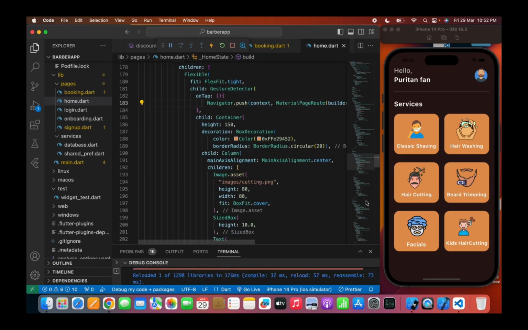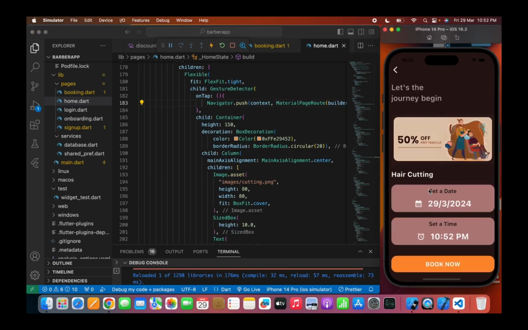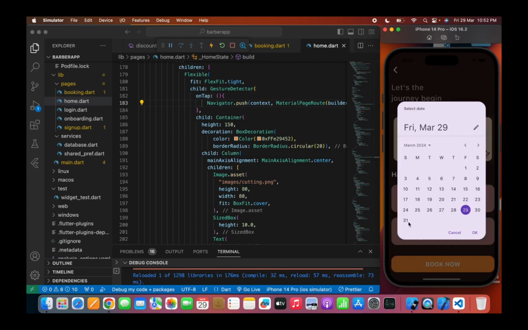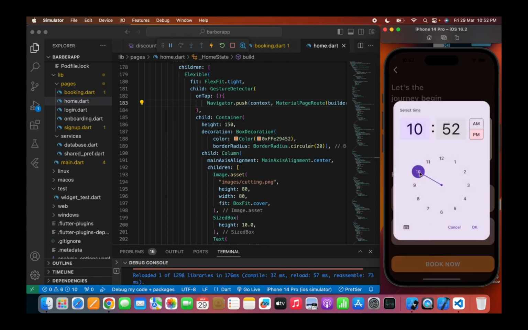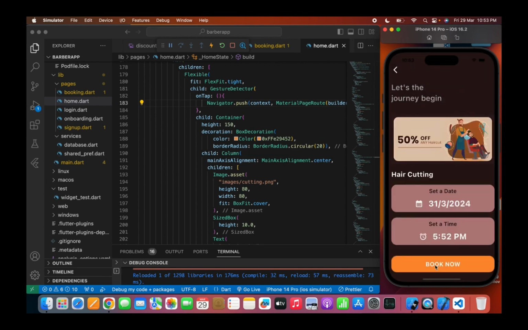So I want to book the service for the respective barber. I will click on the hair cutting service, and here you can see the hair cutting. I will book for the 31st March and set a time of 5 p.m. Now click on OK. So I will tap the book now button,